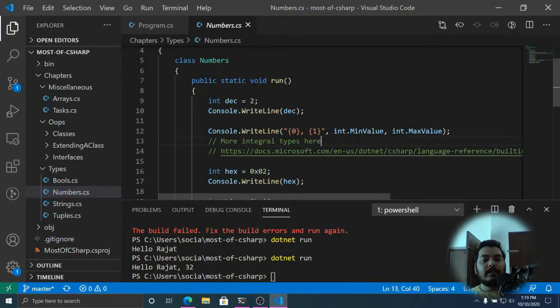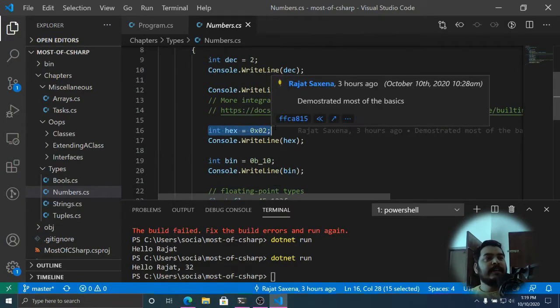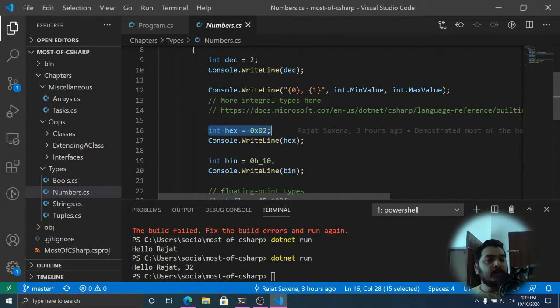Min value and max value is how you can get to the extremes of the range of any type. So this is the type and this is the min value. And if you want to initialize an integer variable with a hexadecimal value, this is how you do it.